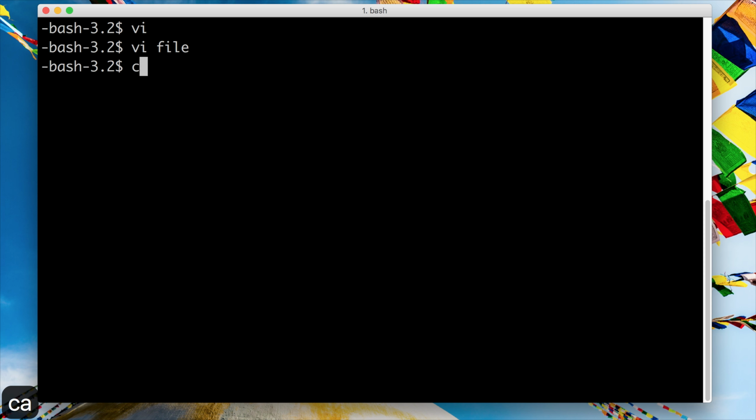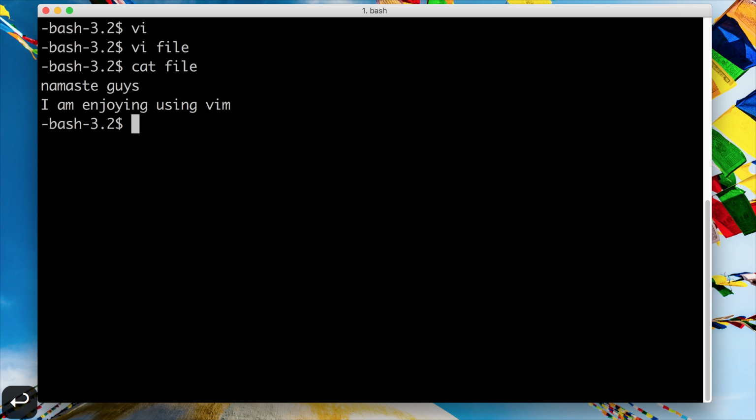So if I read the contents of file, cat is a Linux utility which lets you just read the file and print out the contents in standard output. So it says, namaste guys, I'm enjoying using Vim. That's what we typed, and we have successfully written and saved a file using Vim. Great, that's it for this video, and we'll talk more